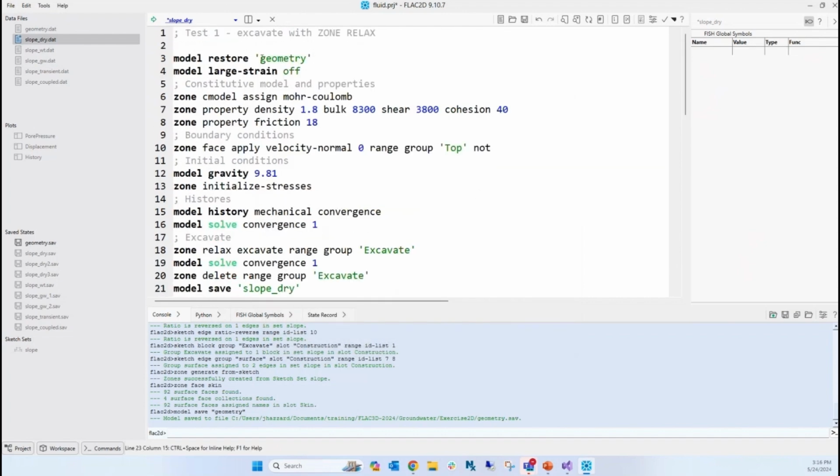So we start by restoring the geometry that we built with Sketch. We turn off large strain. Constitutive model is Mohr-Coulomb. These are the properties. I should put here in the example